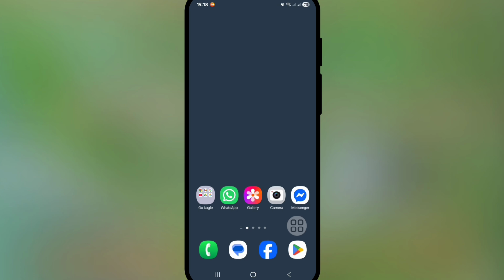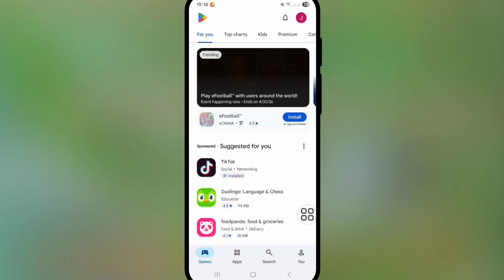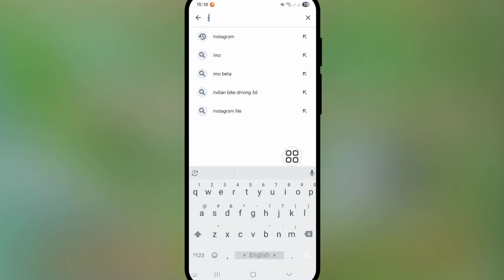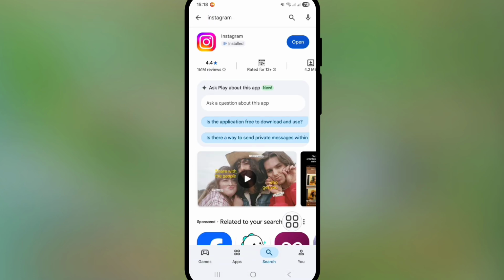and then go to Play Store. Tap on search app. Search Instagram. From here update your Instagram apps. After completing update process, now open Instagram